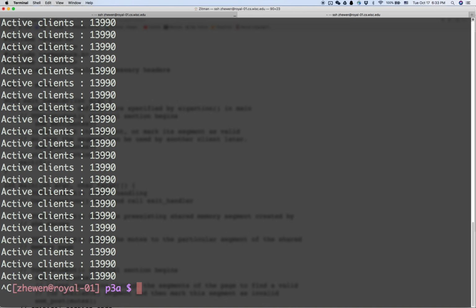Okay, so just now I said... because we use Control C. Control C actually means a signal. When you type Control C, you send a signal to the program. So in your server